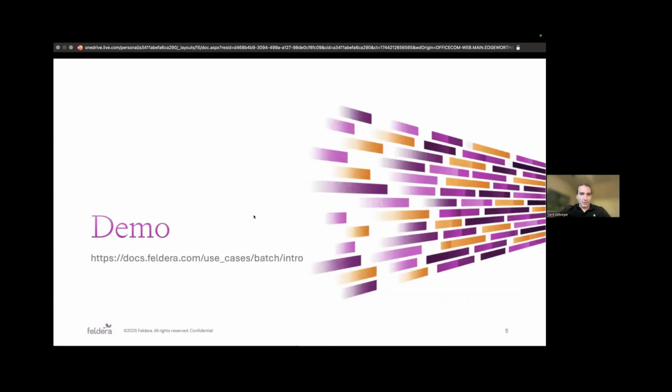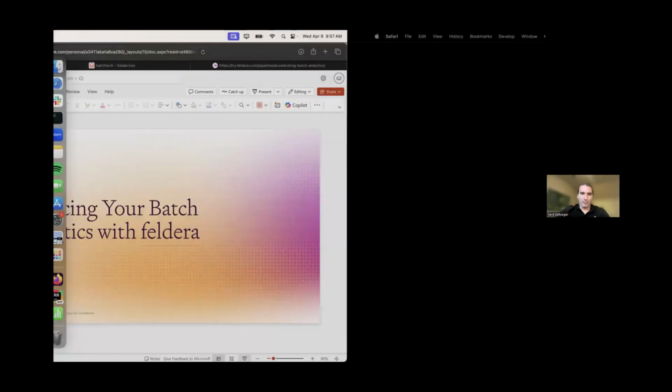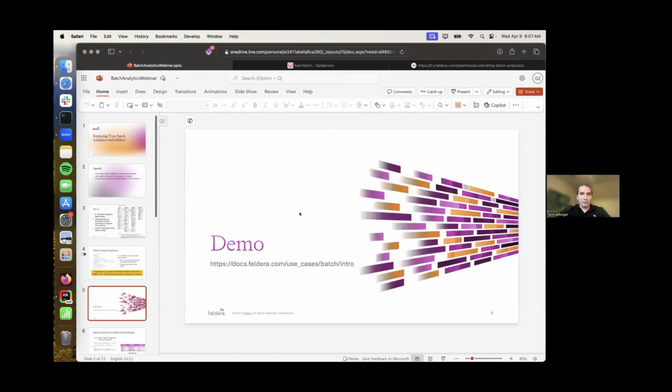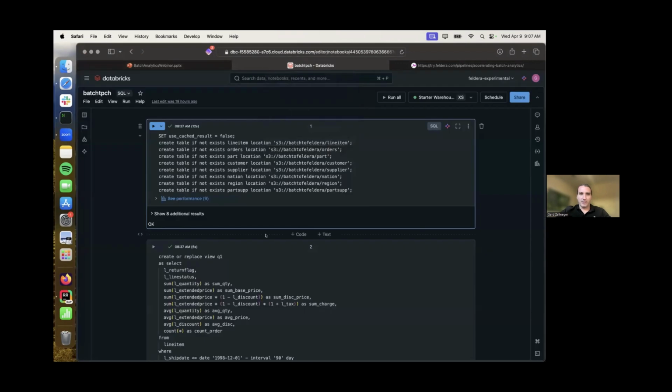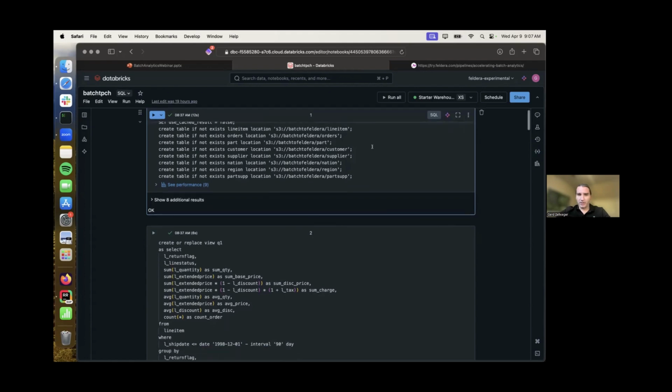Okay. So with that, I'm going to switch out of the slides for just a few minutes and show you a demo. I'm going to show two things. We're going to run this TPC-H benchmark in two different systems. One is a representative of a traditional database system, for which we're going to use Spark running on Databricks. And what I have here is this TPC-H benchmark set up using a very simple example,